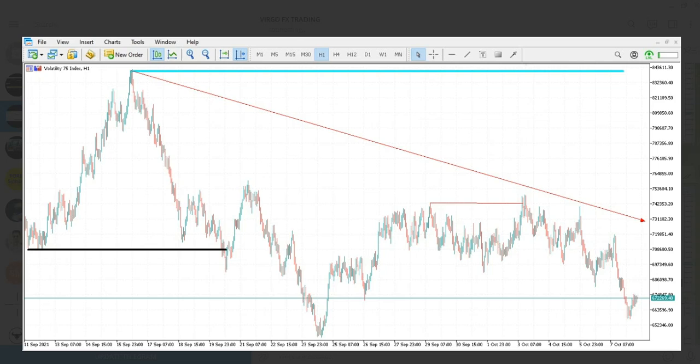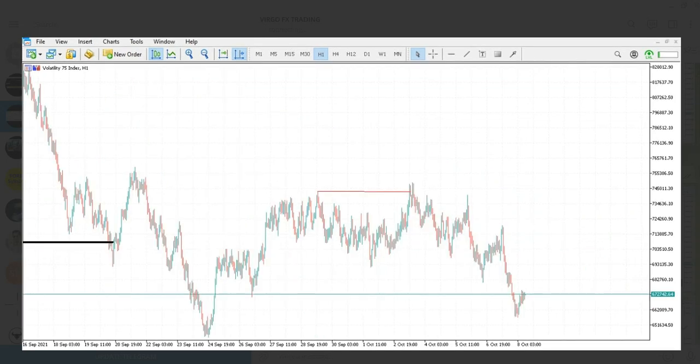Remember, I'll say it again for the last time. This will only happen if you trade only one thing. If you trade gold, just stick to gold. If you trade Nasdaq, then stick to Nasdaq. If you trade USDT, stick to USDT. If you trade V75 like I do, just stick to V75.